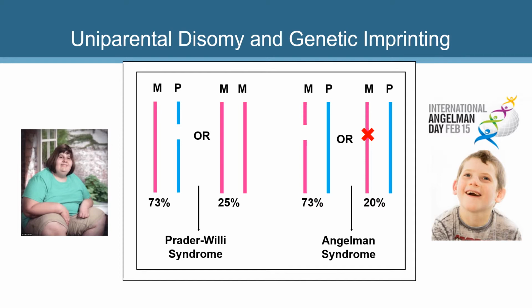Two very different disorders result from either maternal uniparental disomy of chromosome 15 or a deletion or epigenetic silencing of a small region on chromosome 15 that results in only the mother's or the father's genes being expressed. Despite the same exact region being implicated, two distinct syndromes, Prader-Willi or Angelman syndrome, result depending on the origin of